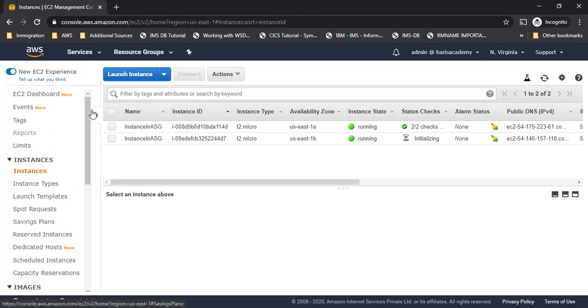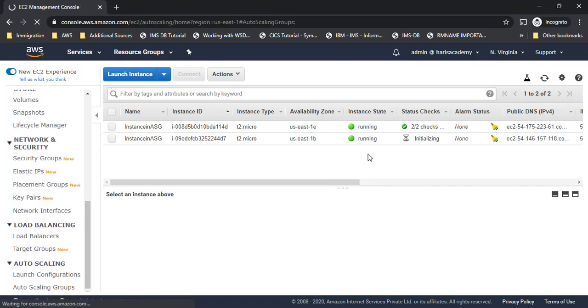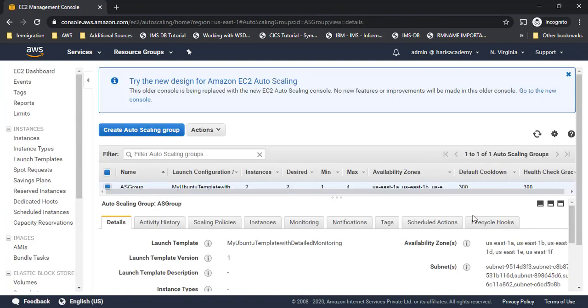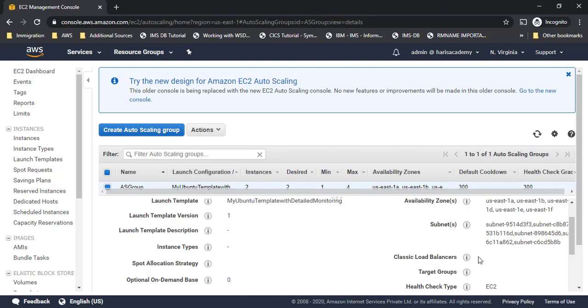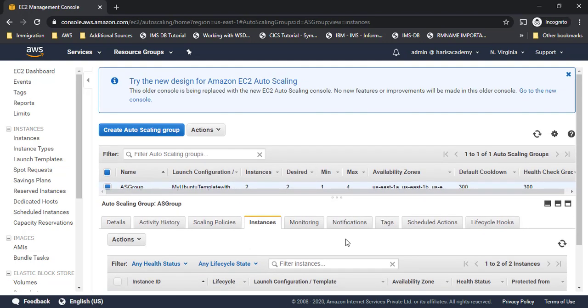Now to undo whatever we have done till now, we will go to auto scaling groups. We can do it for all the rest of the EC2s as well. Like, I can log into the second EC2 instance and start running the same dd command on top of it. So once it reaches 90%, again it will add one more. Till 4 we can go maximum. After that it will not scale up or scale down. So that is the maximum we can go for. I hope the demo is very clear to you guys.